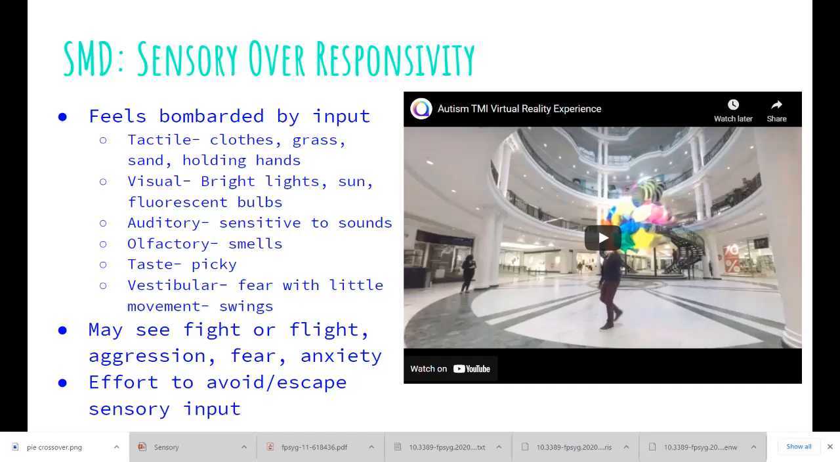With taste, if they're over responsive, these kids tend to be picky eaters. I always describe it as having the white food diet. So a lot of starchy things. They'll love crackers and pretzels and goldfish and maybe chicken nuggets, and that might be the extent of their food repertoire. They have vestibular over